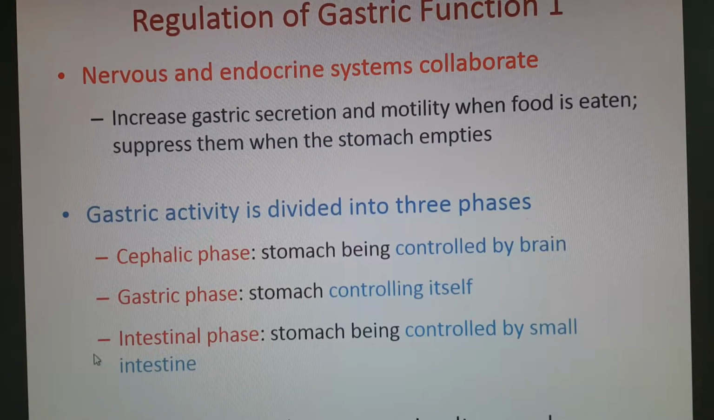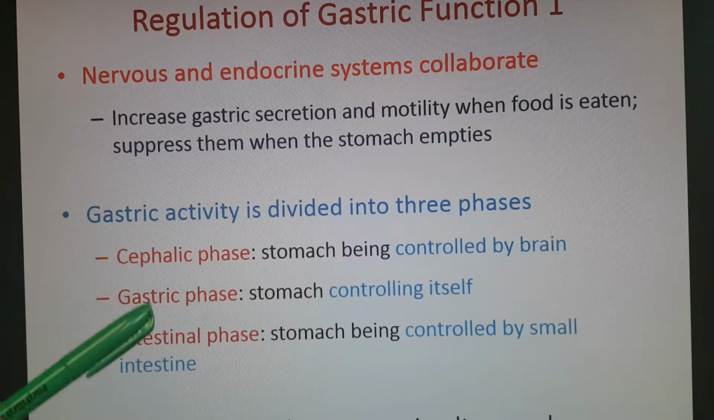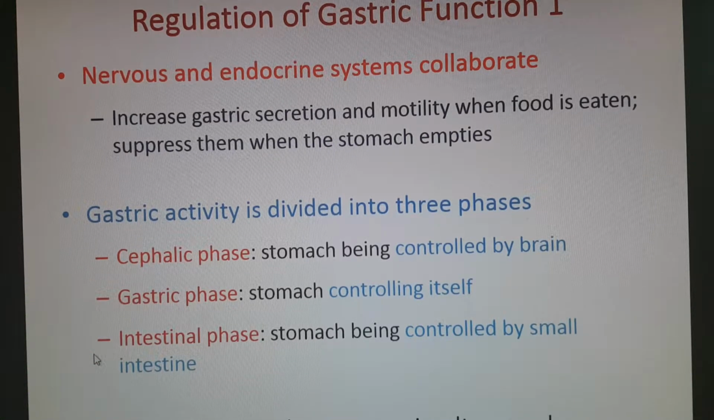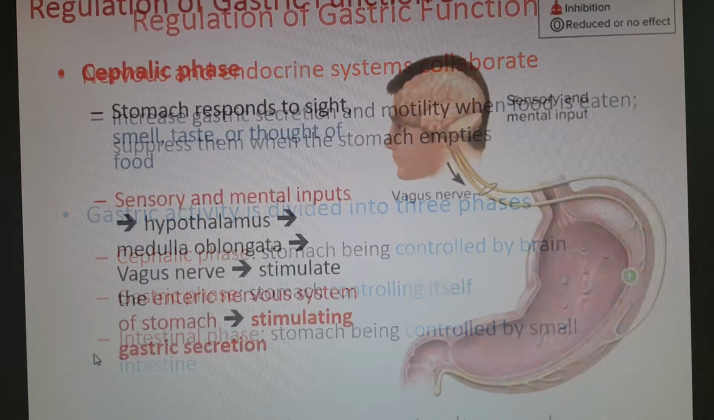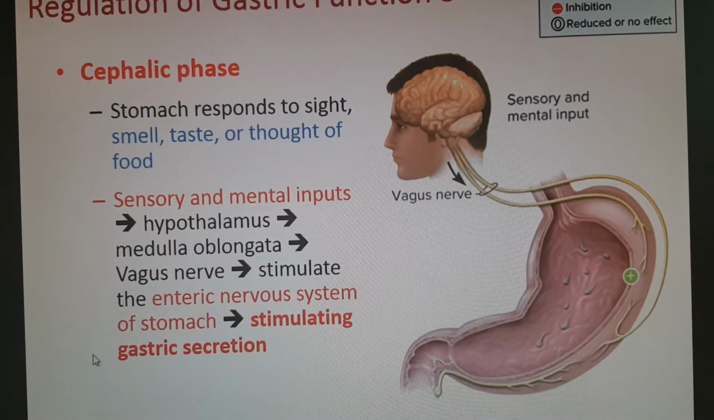So inside your stomach, the gastric activity starts off being controlled by the brain. Then there's a gastric phase where the stomach controls itself. And then lastly, the intestinal phase where the intestines control the digestion activity. So with the cephalic phase, it's due to sensory information coming in. So smell, taste, thought of food causes